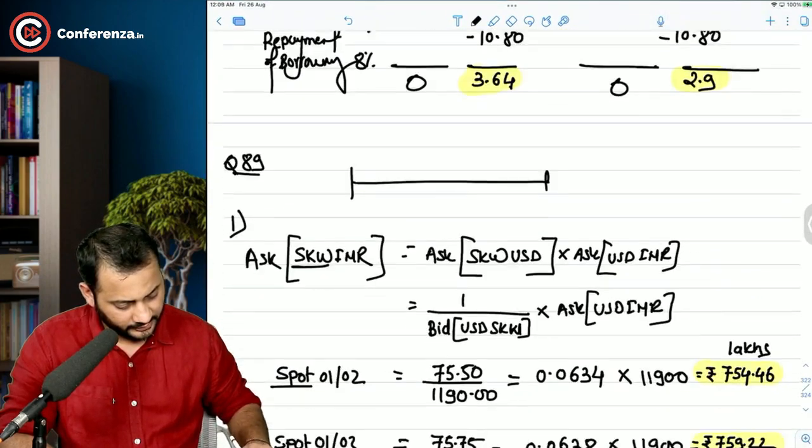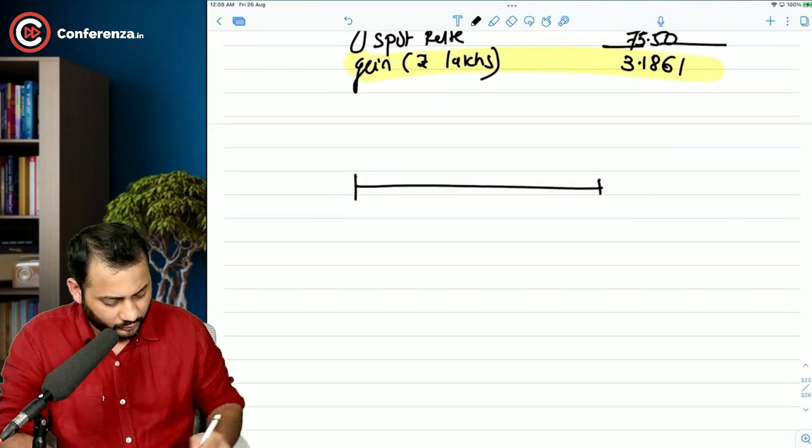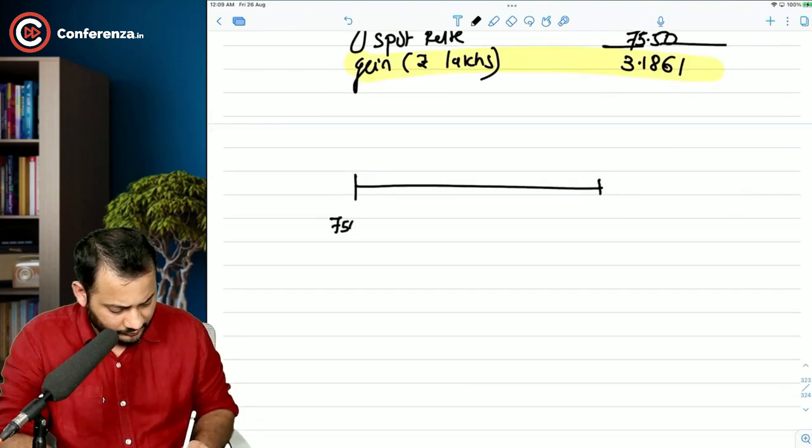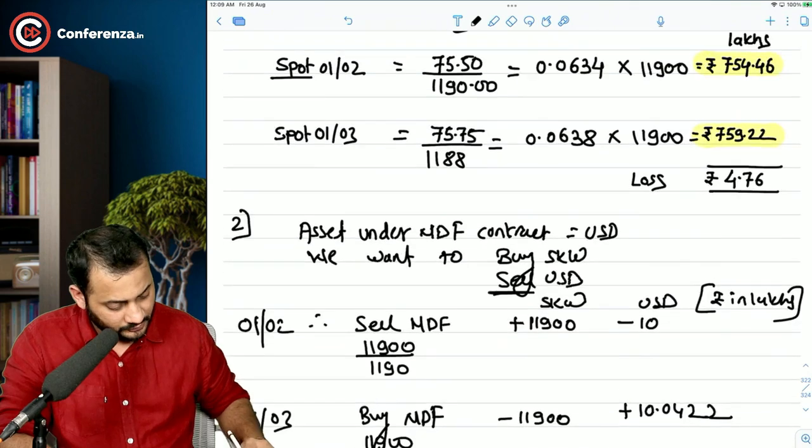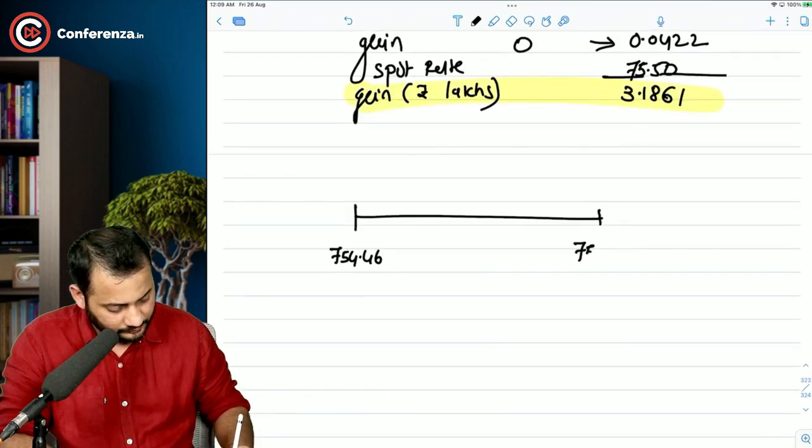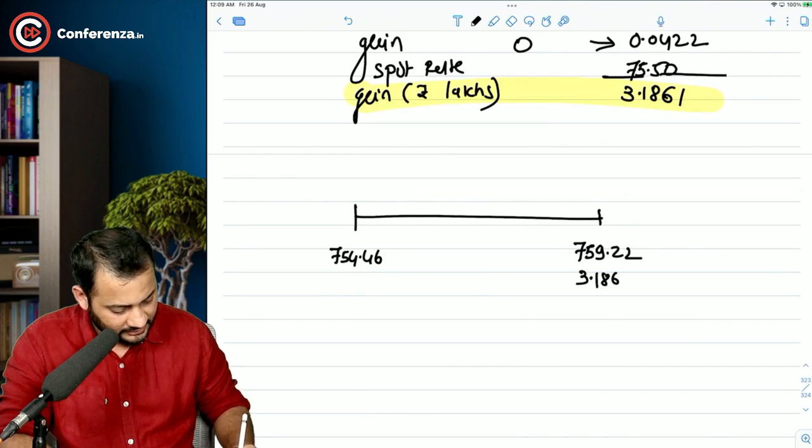Or we can clearly get the values from here. 754.46, 754.46, 759.22, 3.1861 outflow,